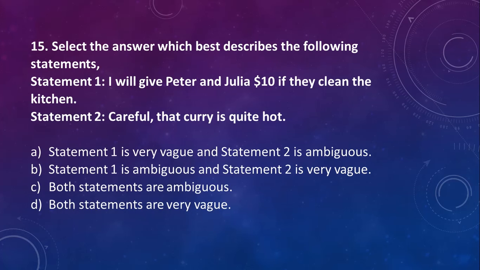Sorry, so you're saying actually the second statement is ambiguous, not vague? It is more ambiguous than it is vague. But whether it's hot, whether it's temperature or spicy, I don't know if that's as relevant as the word quite is, for me at least. It was more relevant because it really wasn't descriptive, so it's vague. Quite for me could be very hot or could be a little hot. So that's, I mean, it seems like ambiguity, that it could be a little hot or a lot hot. Well, that's vague. That's vagueness. So the word quite stood out more to me as vague.